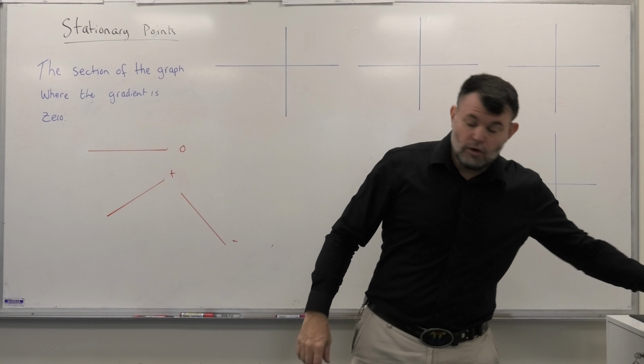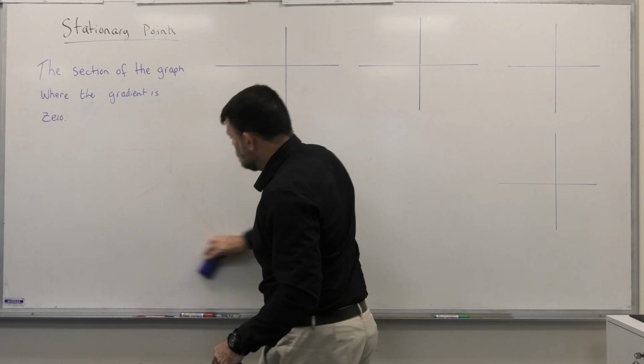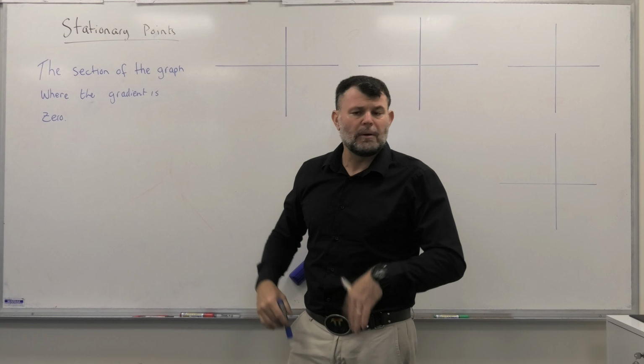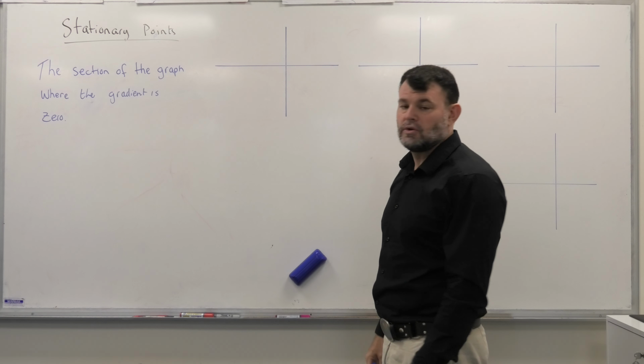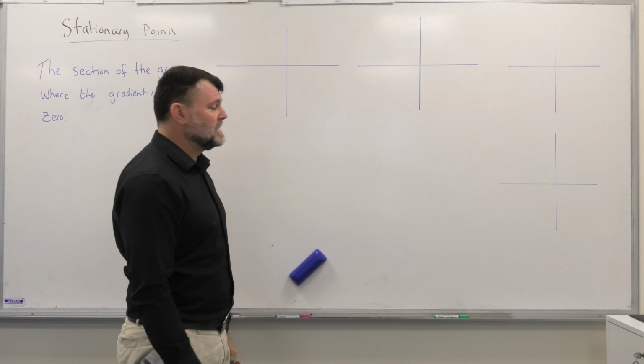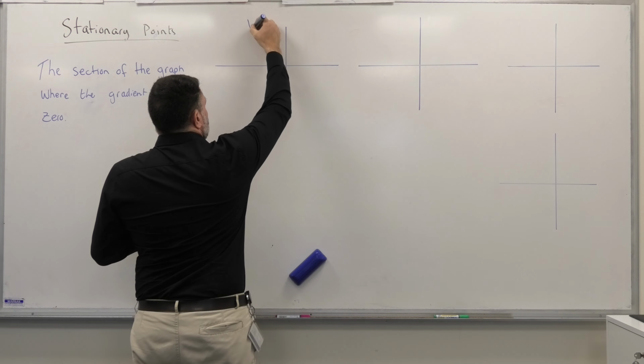So, if we're looking for a gradient, then what we need to do is differentiate a function to get that gradient. But what does that look like in terms of stationary points? Generally, there are three types of stationary points that we deal with. And these three types are